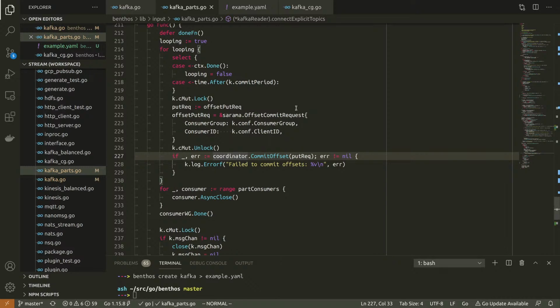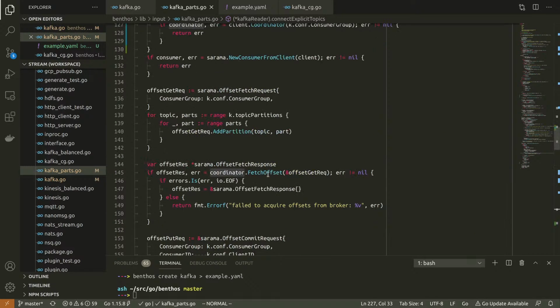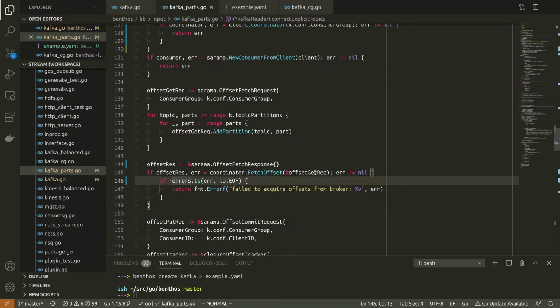Ah, okay, this is on a loop. Wait, what? Where's the sleep in this? Oh, okay, commit period. So it's a manual commit loop. Ooh, that's interesting. Okay. Yep, this is pretty easy to get rid of. So I do a bit of wonky logic here where we've got an offset response, and we might want to use the 0 value anyway when we get an end of file response. So, simple as this.